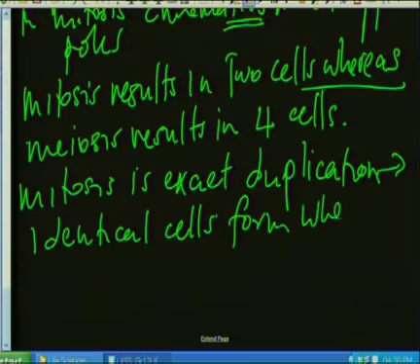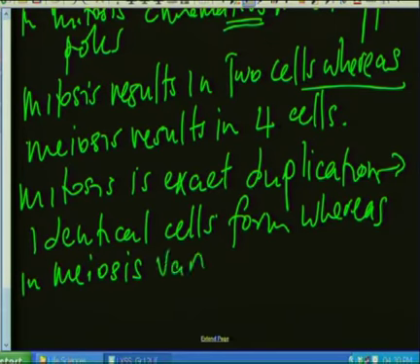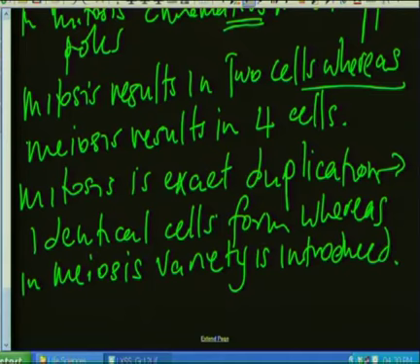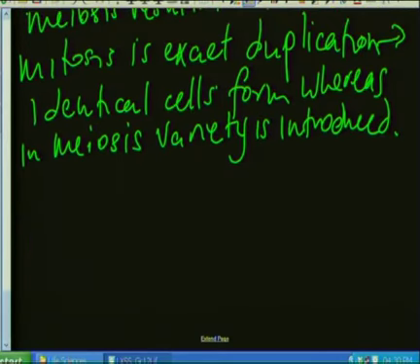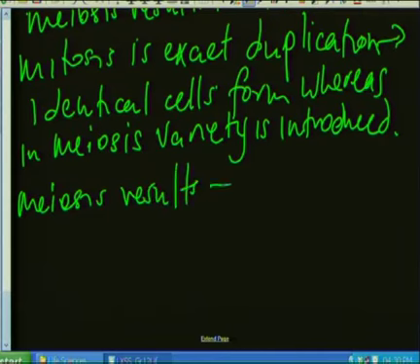Whereas in meiosis, variety is introduced. Or you can say the cells that form are different from each other. We can go further. Meiosis results in gametes forming, whereas mitosis